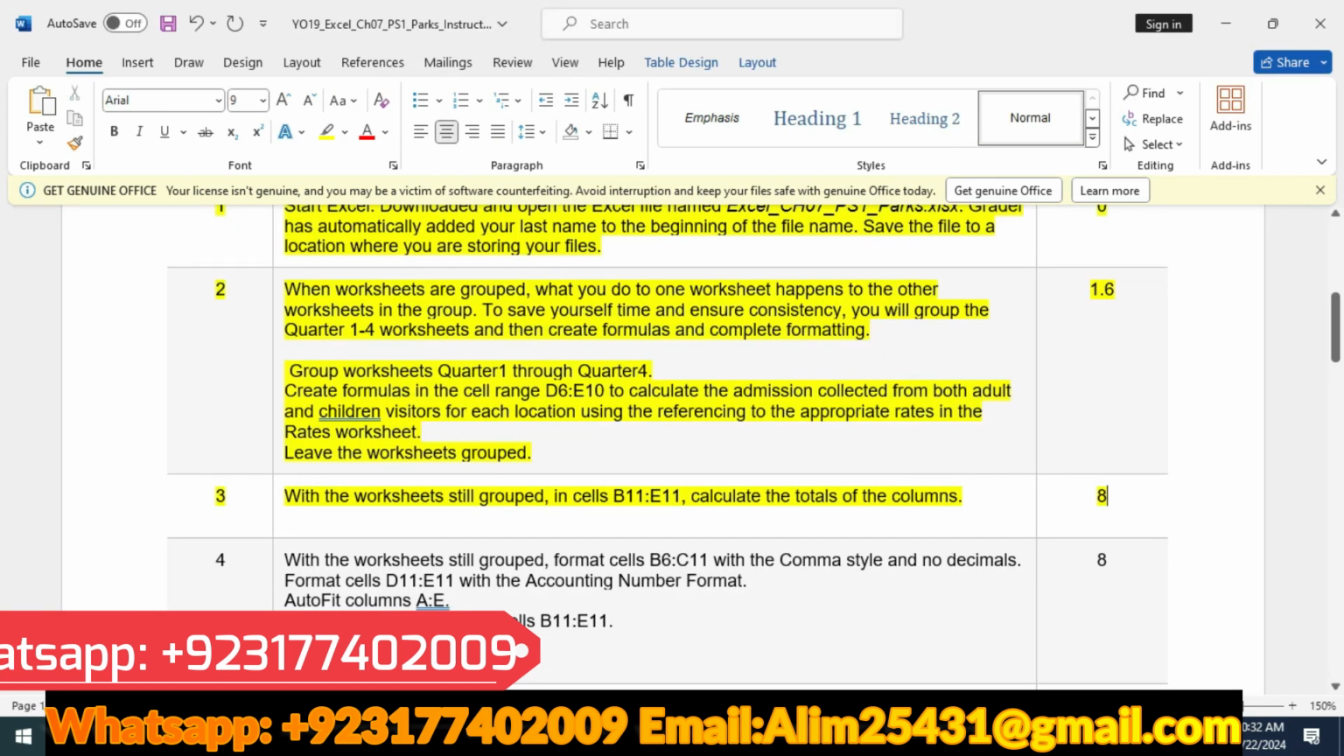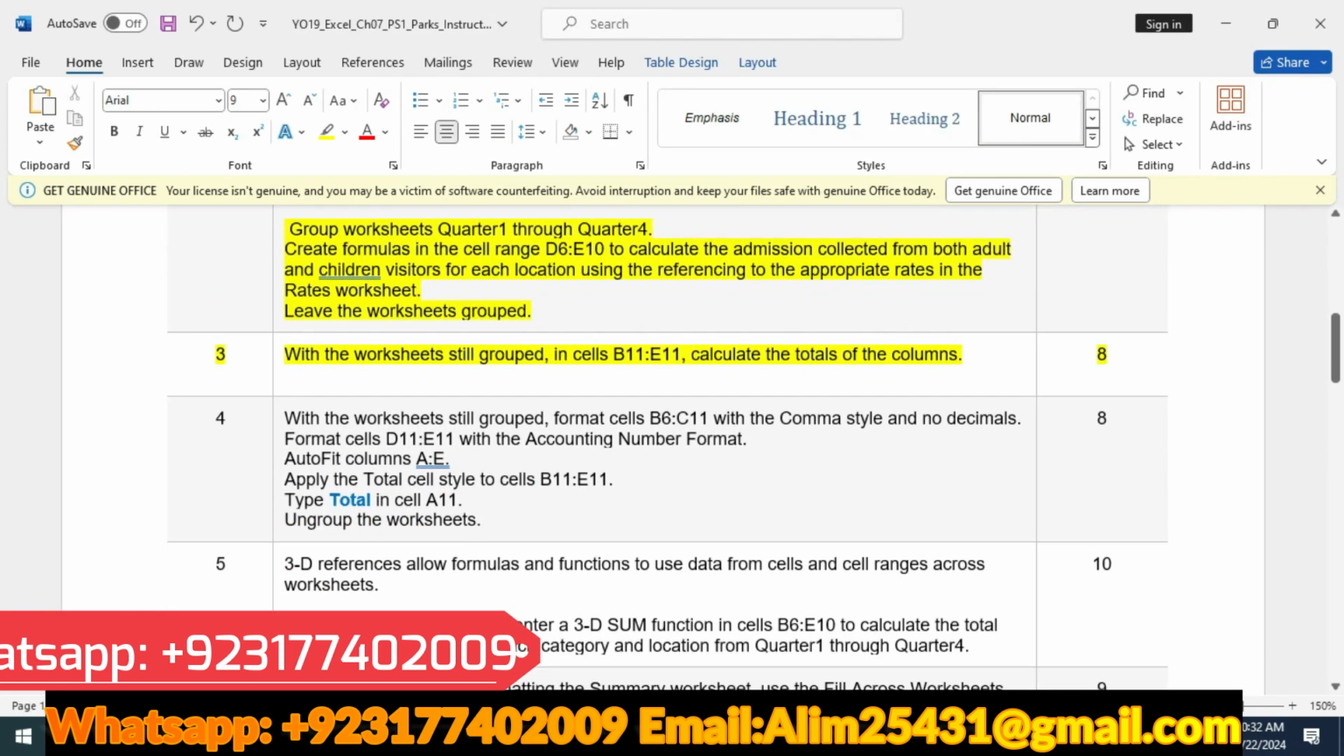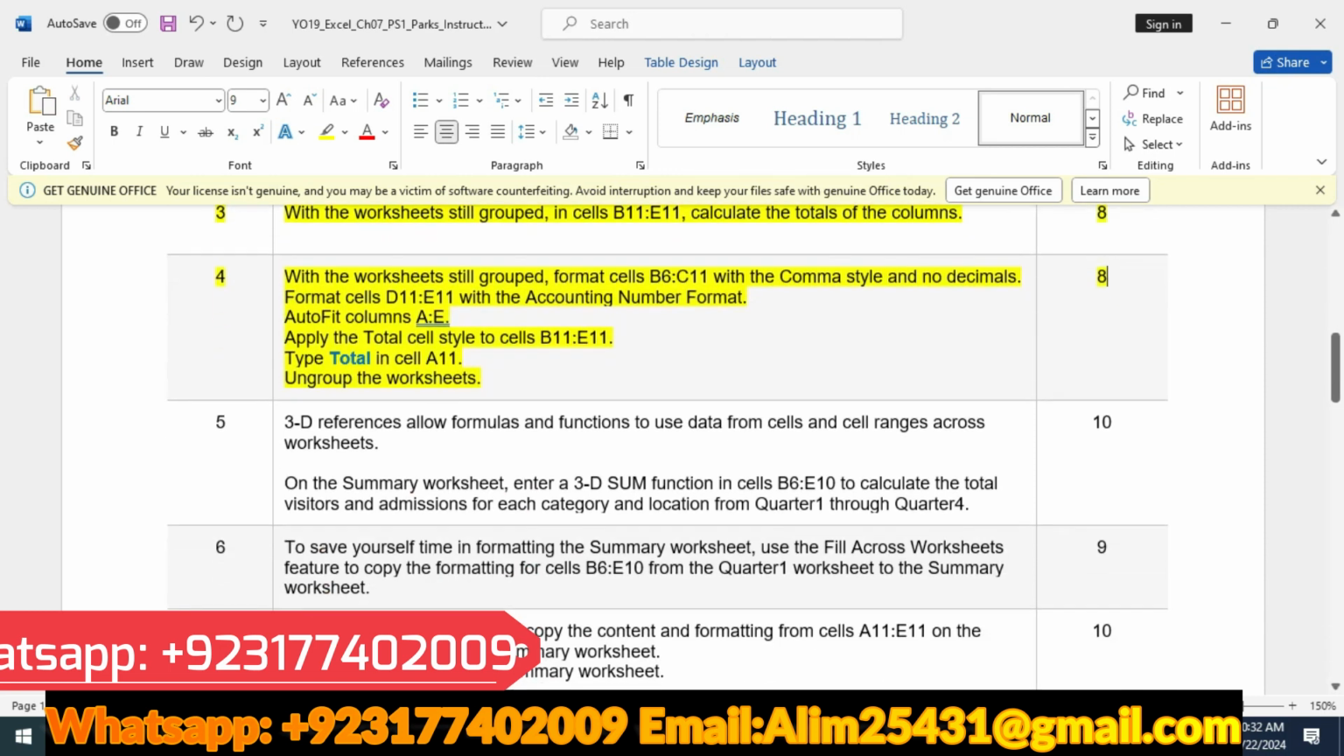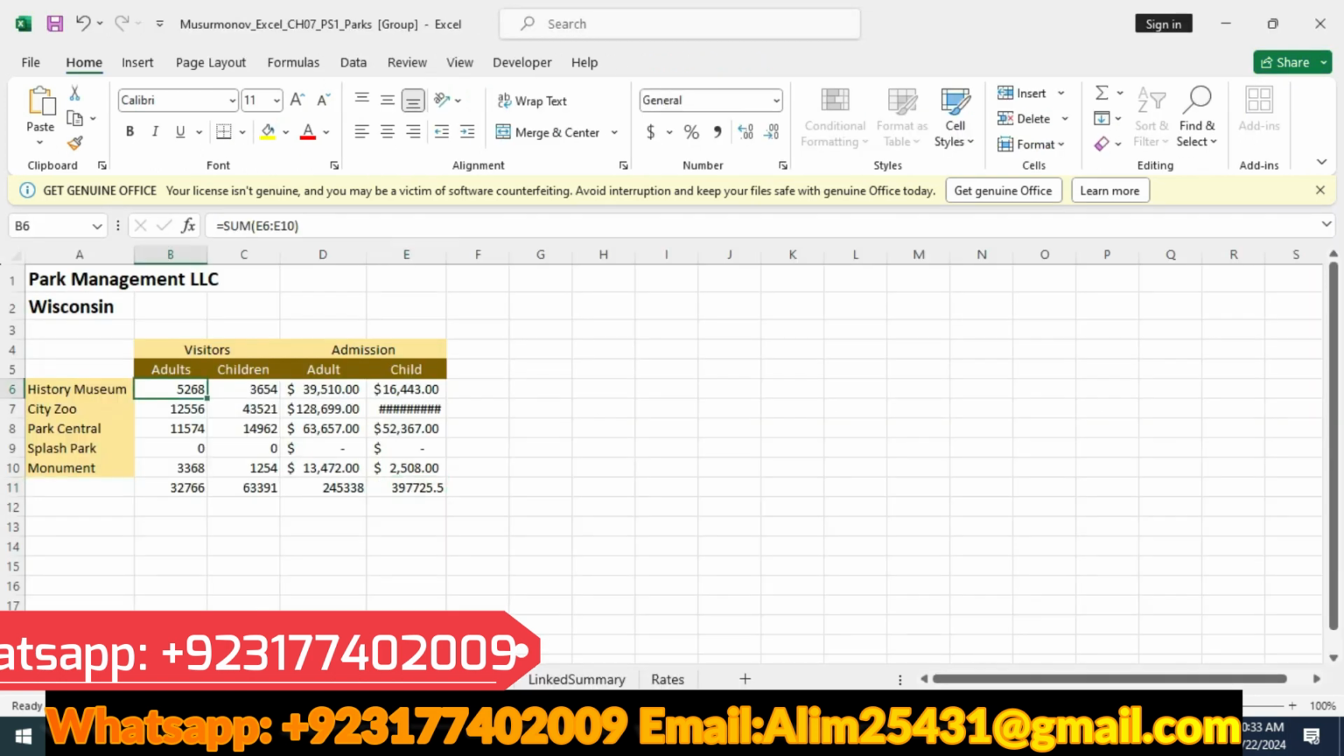That's our third step. Our fourth step is, with the worksheet still grouped, format the cells B6 to C11 with the comma style and no decimal. We will select B6 to C11. That's our cell B6 to C11 with the comma style with zero decimals,